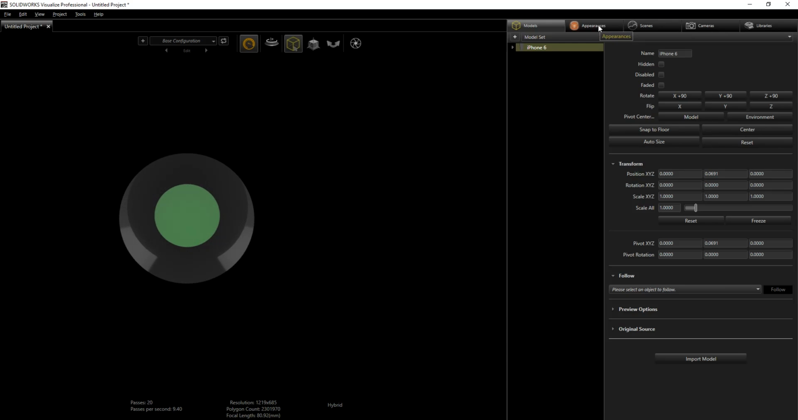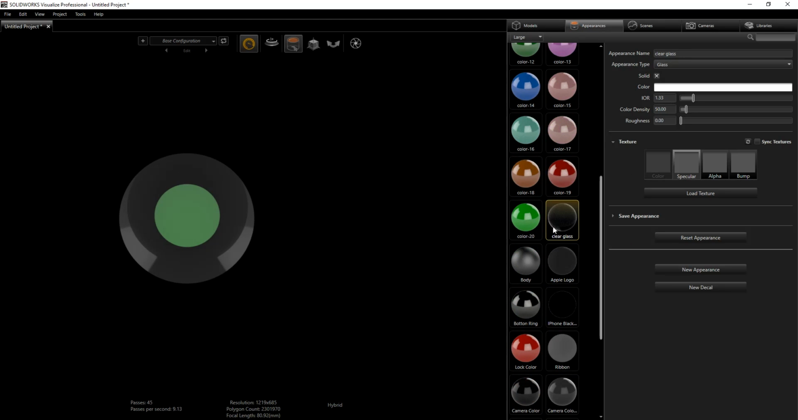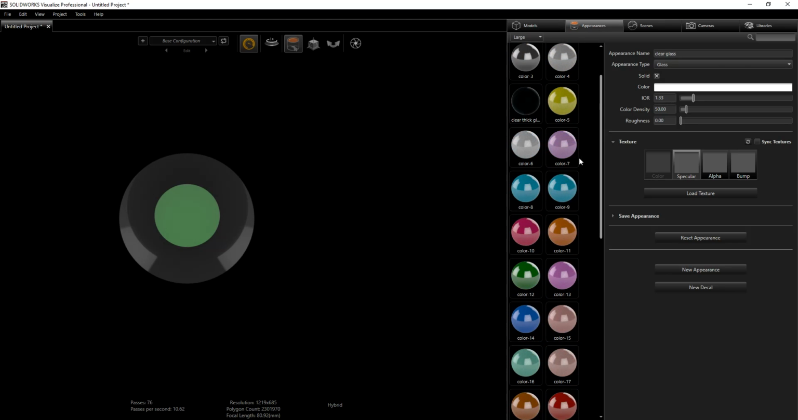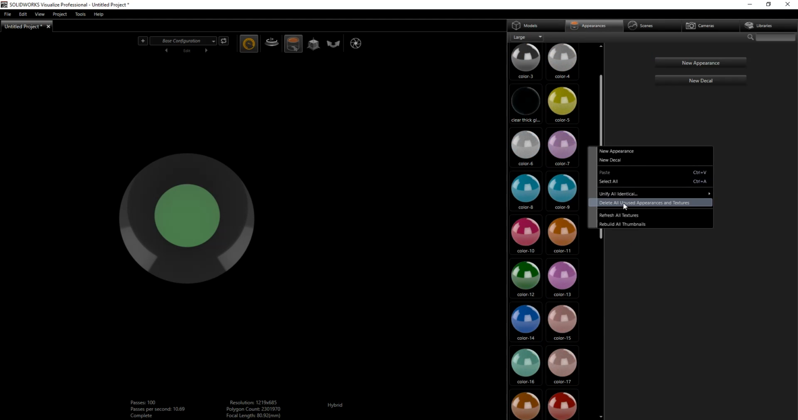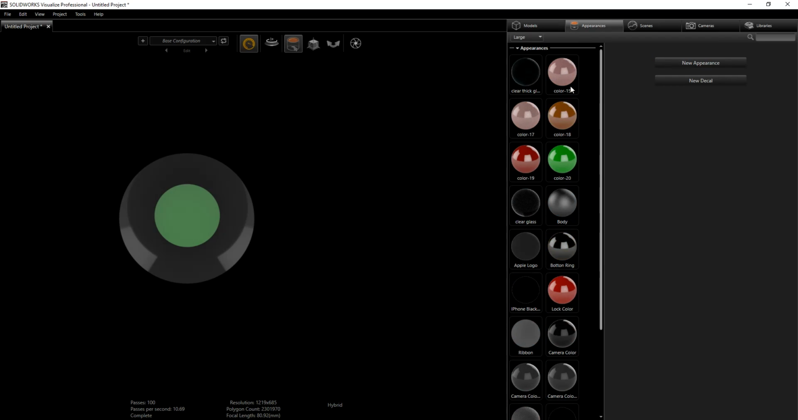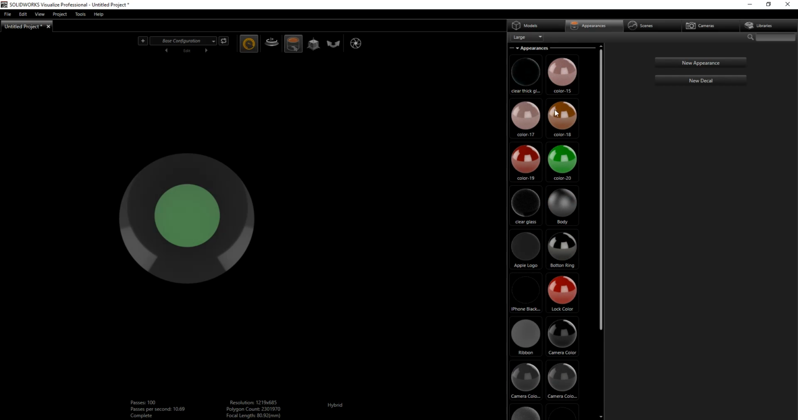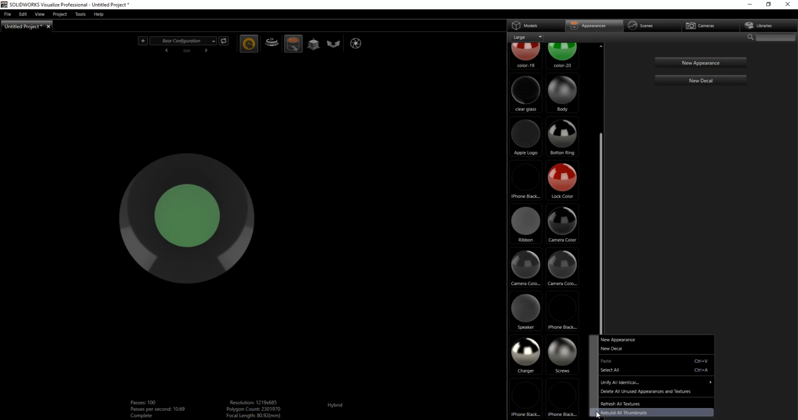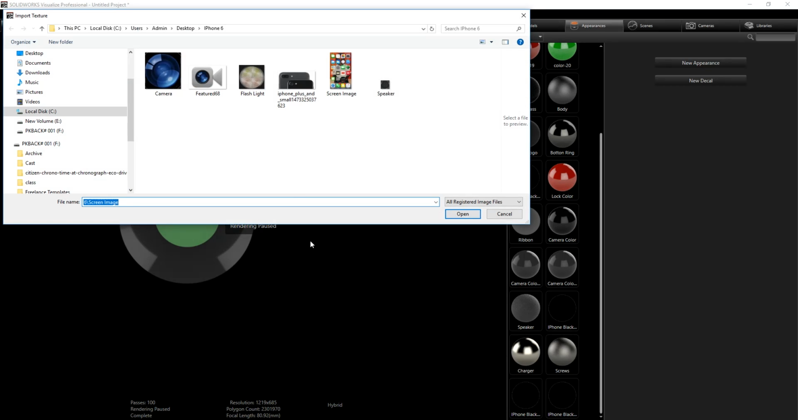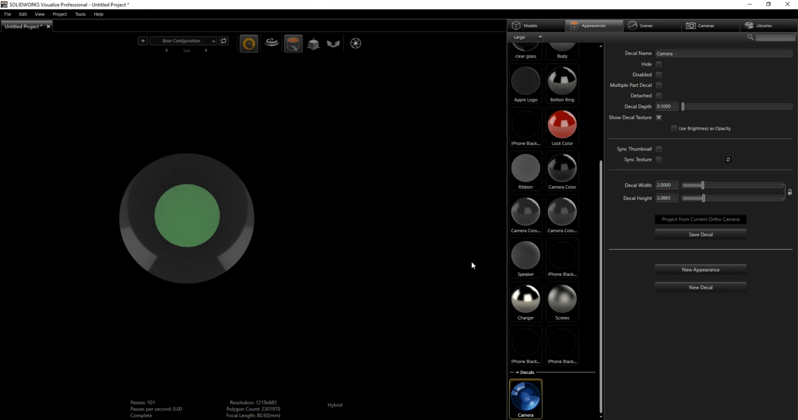And I'm going to go into under my appearance. So we've added all the appearances that we want to add. So we can right click and delete the textures or appearances that are not being used. So right now Visualize has deleted all the textures that are not being used, except for this one that is still assigned somewhere. So I'm just going to right click, new decal, and I'm going to select that camera, and I'm gonna click open. So now I'm just gonna drag that camera to that face,